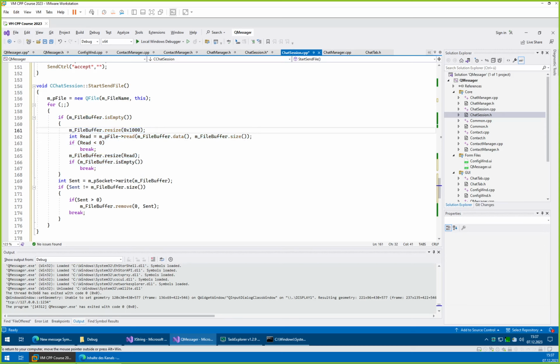We adjust the buffer. If we haven't read anything, then we break. And here we try to send as much as is in our buffer. If we didn't send the right amount, then we check if we sent anything, and if we sent anything, we remove what we sent from the buffer so that we don't resend it, and we break in any case to give the other side time to